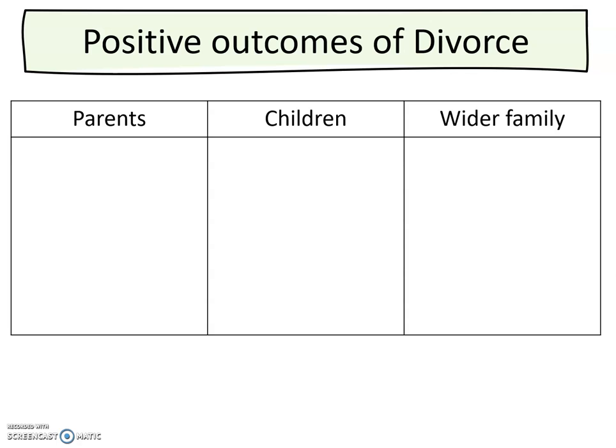So, the second thing that you need to think about when we're looking at outcomes of divorce, so obviously there are impacts on everybody involved, but these could be positive outcomes. So think about, for parents, children, and wider family, what might be the positive side of this? So again, try and use some of your common sense and think, what is going to be good? So for instance, it might be living in a family environment that has less arguments.